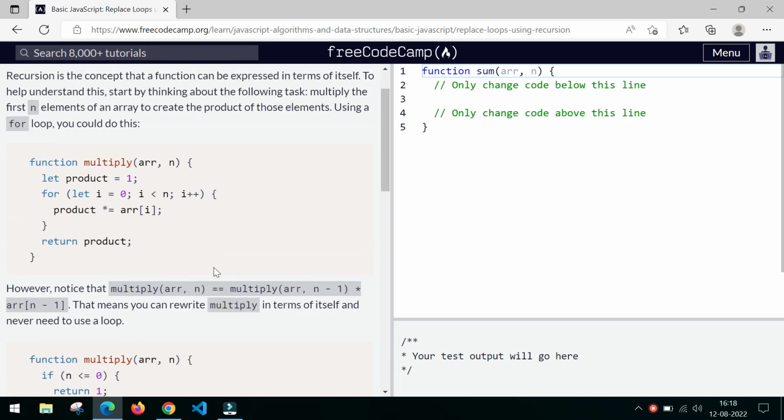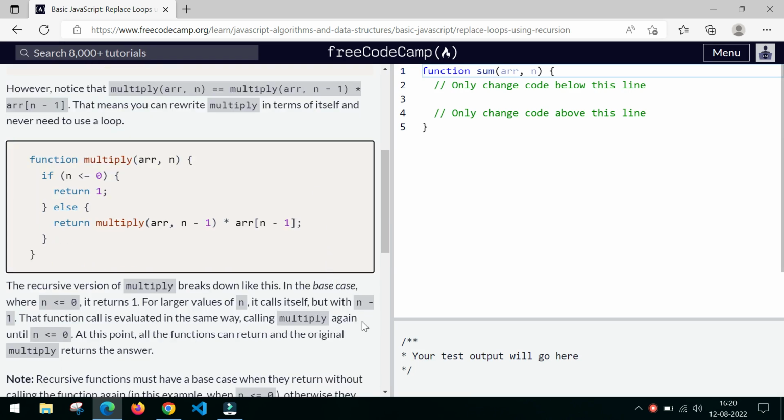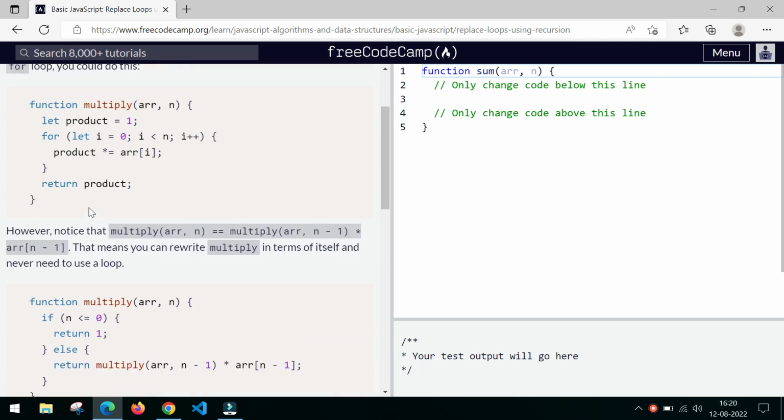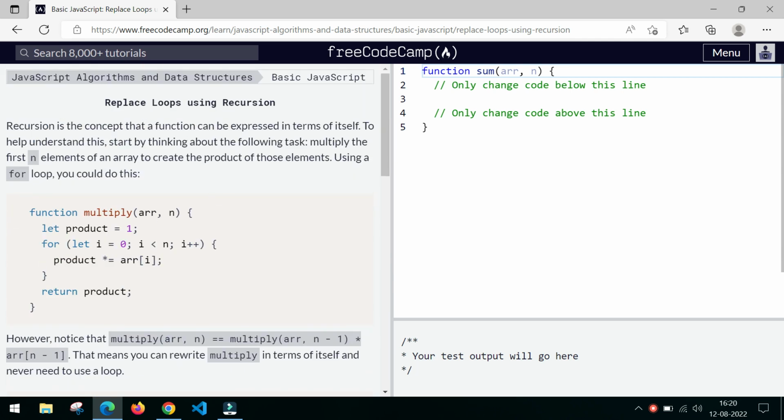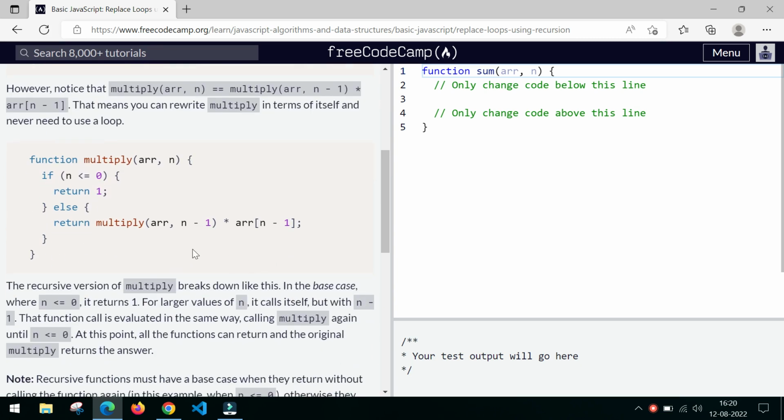Now we are going to see recursion and this is recursion. Actually recursion is used for replacing loops. Okay, instead of using loops what we can do is recursion. This saves a lot of code, that is why we are using recursion. Okay, and if you have to know about recursion clearly, you can watch some other video, because recursion is a huge concept and you have to understand it